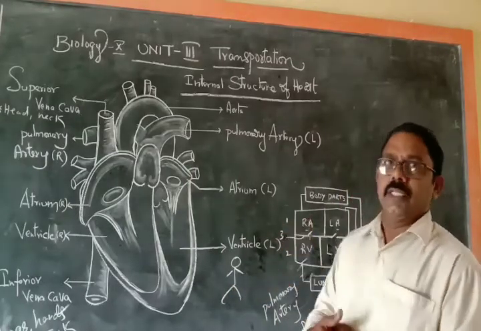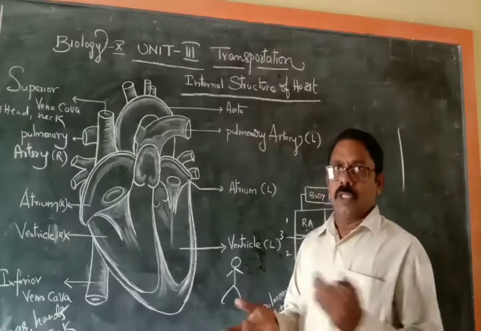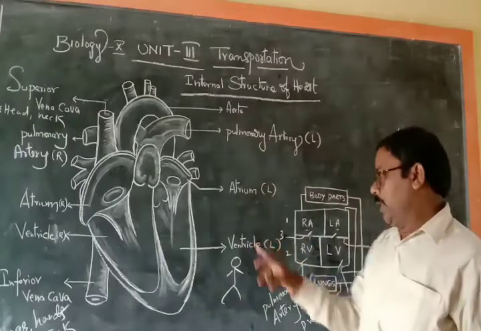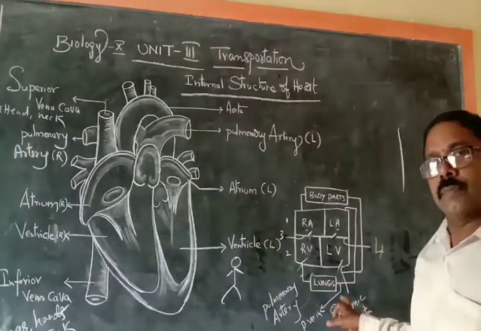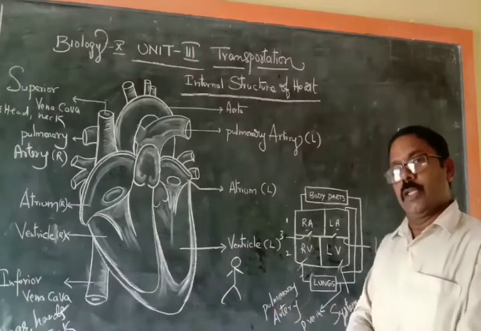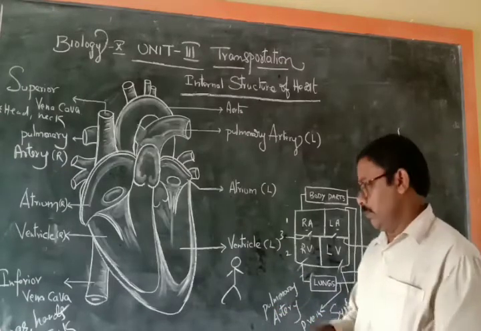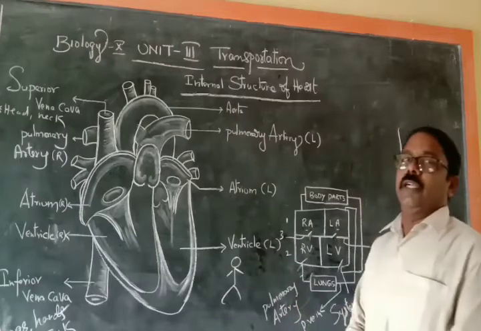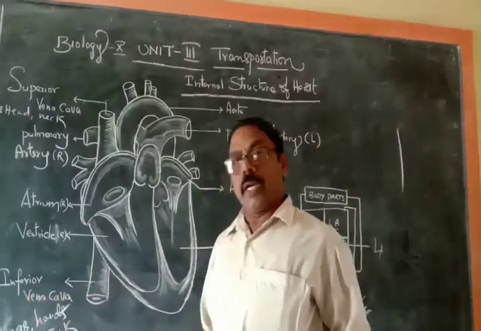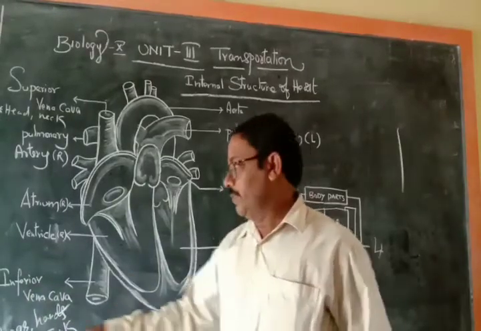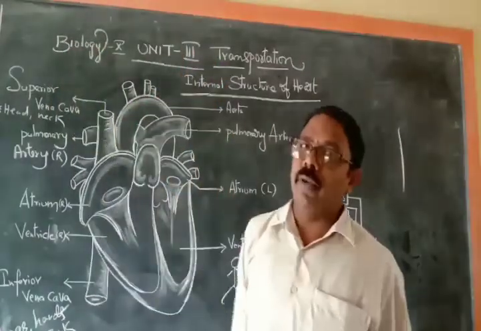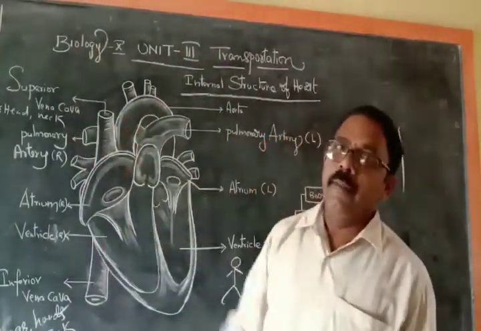Okay, did you understand easily, my dear boys? What is the largest artery? Aorta. Which type of blood flows in the pulmonary vein? Oxygenated blood. Which blood flows into the pulmonary artery? Deoxygenated blood. Okay. Inferior vena cava collects the blood from which parts? Legs, hands, and trunk. Superior vena cava collects the blood from head and neck.